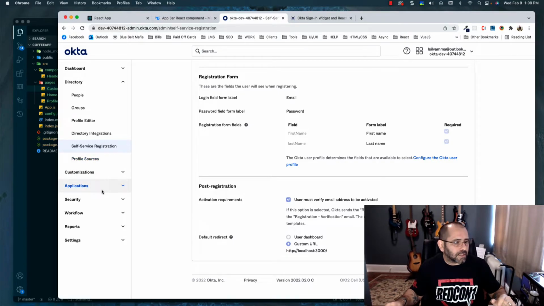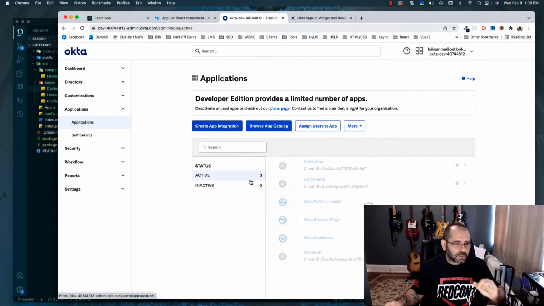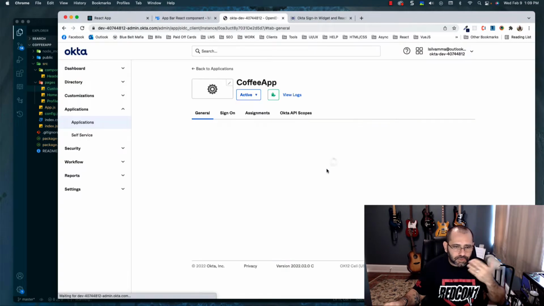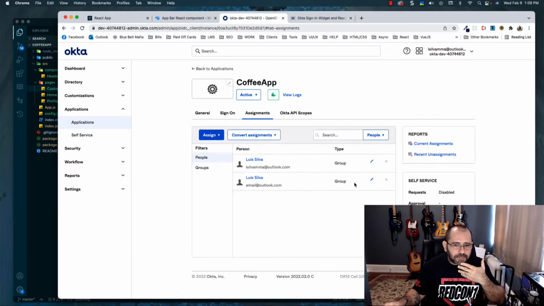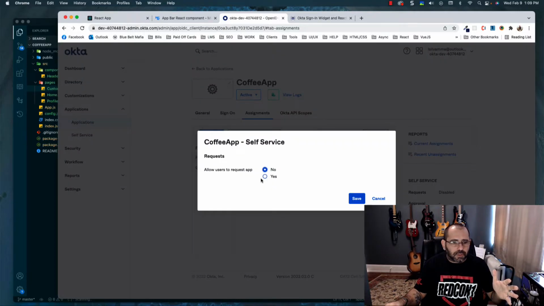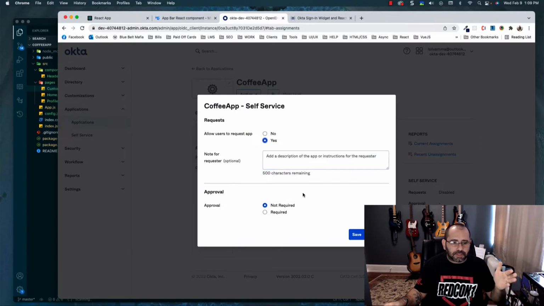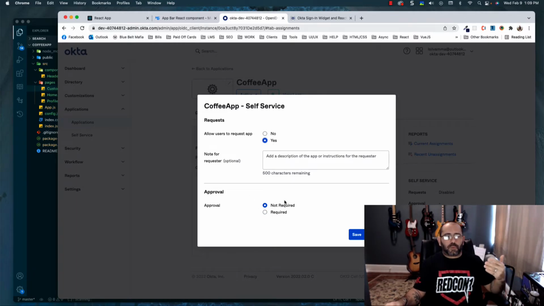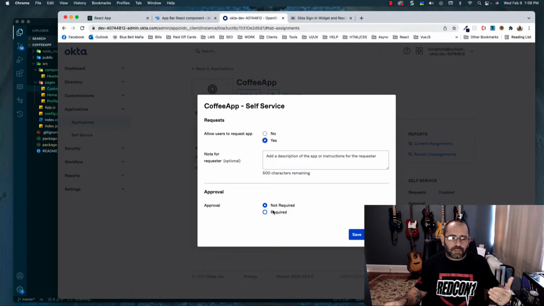So now the next thing you're going to do is go to your custom applications here, open the application you're working with, and go to the assignments, and then here on the side it says self-service. Make sure that you edit it. Right now the requests are disabled. I'm going to enable requests, and I'm going to allow users to request the app, yes. And then it says approval, not required and required. So what this does is determine whether you want to approve everyone that is trying to become a member of your site and log in to the site. I don't want to have to require that all the time, so I just keep it not required. But if you want